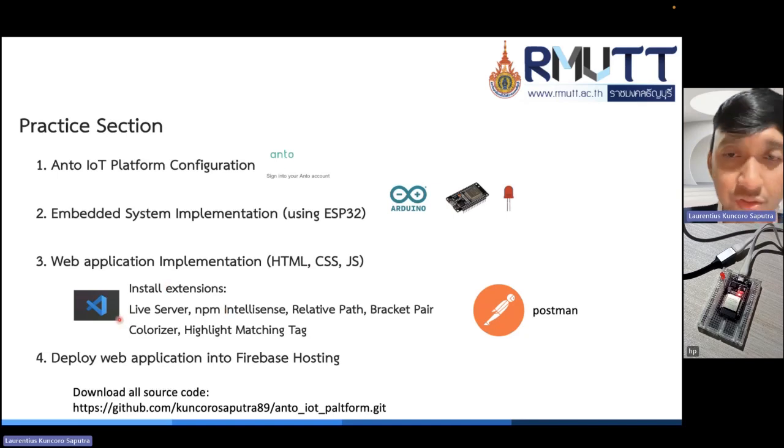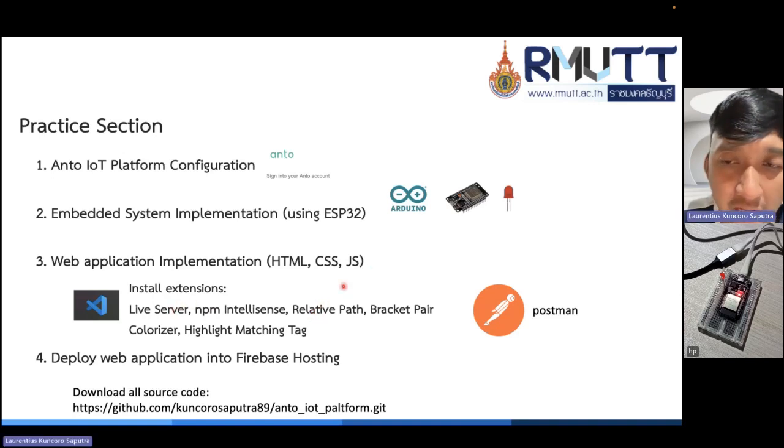We will use Visual Studio Code to write the code, and maybe you can install Live Server, which can host or test the HTML code, and then npm IntelliSense. You should install this, and relative path, bracket pair colorizer, highlight matching tag. Please install these extensions.